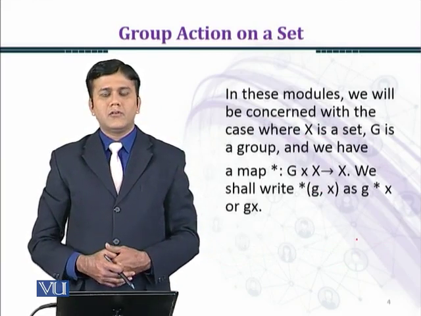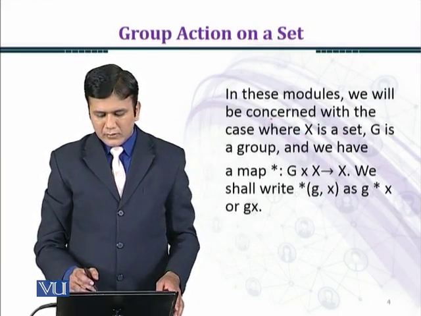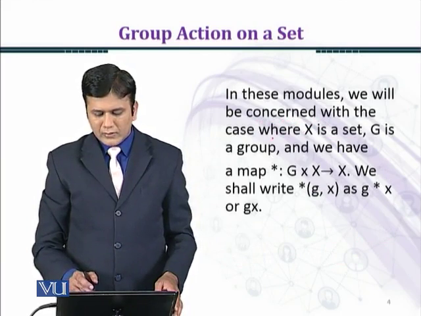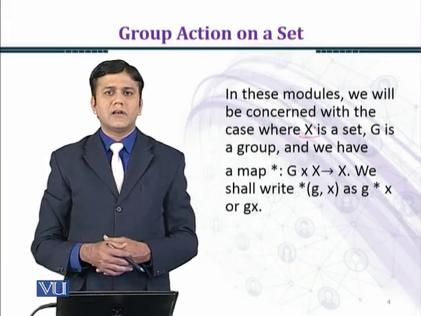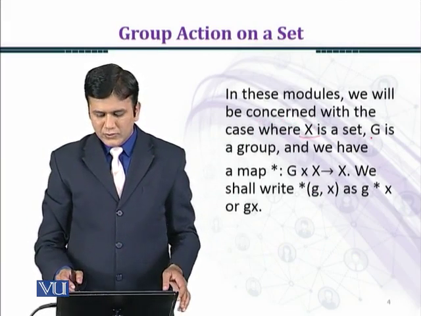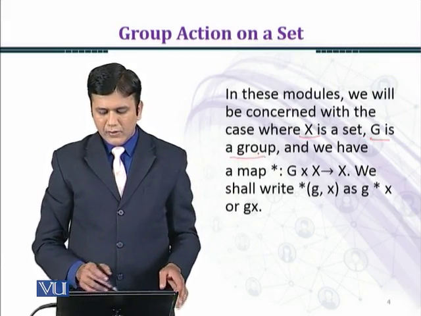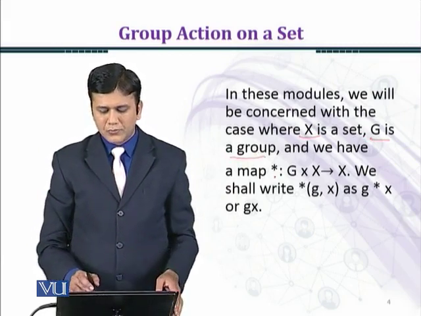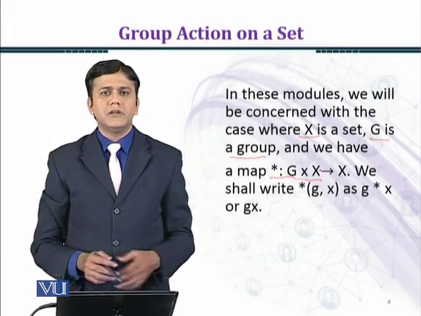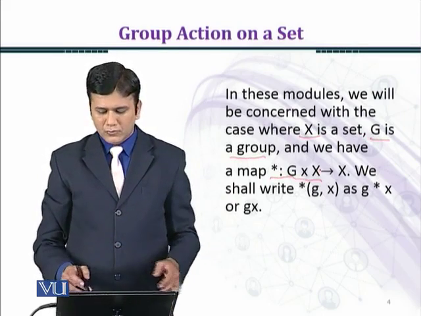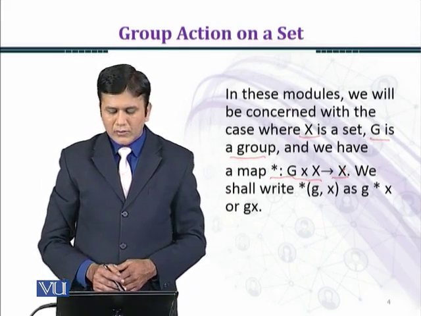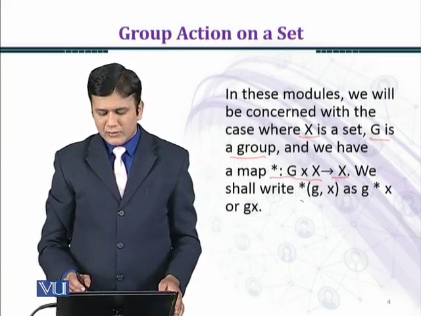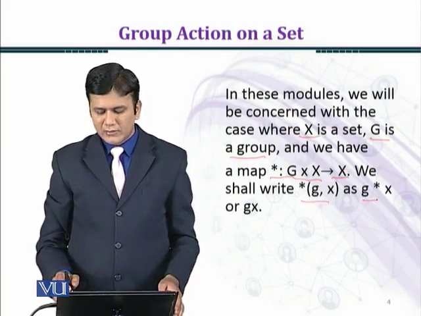In these modules, we will be concerned with the case where X is a set, G is a group, and we have a map star from G cross X to X. We shall write star of (g, x) as g star